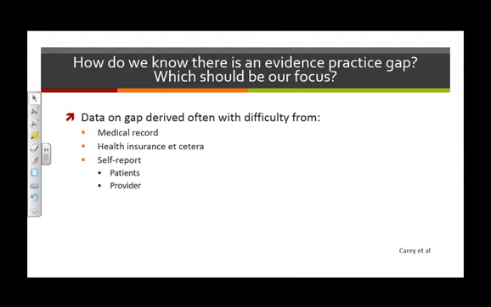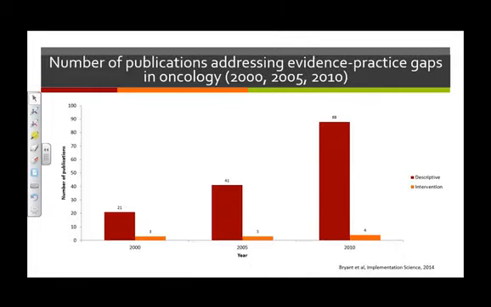You need to know where there's an evidence practice gap, and this sounds easy, but it's actually quite difficult to get. You get that data from medical records, for example, for some areas. You can't get from medical records whether or not the clinician has asked about smoking. Often they don't record it. You can't get anything about psychosocial. Often it's not recorded. But if you're asking about colonoscopies, where colonoscopy's done, you must probably get that from the